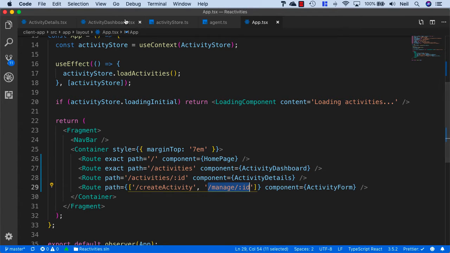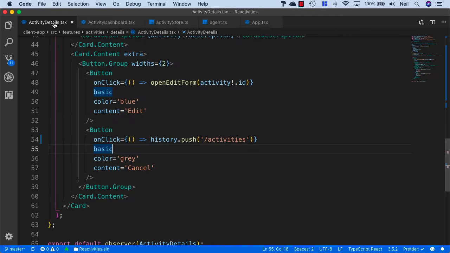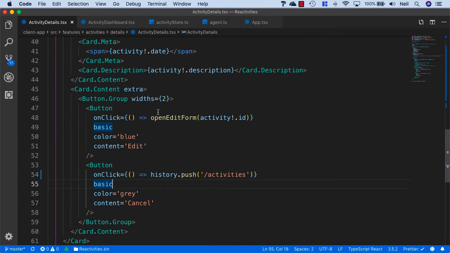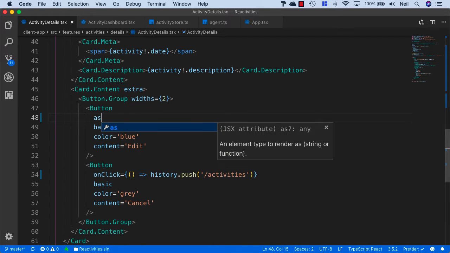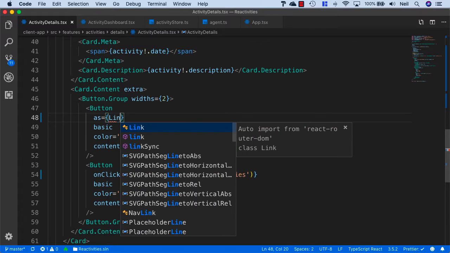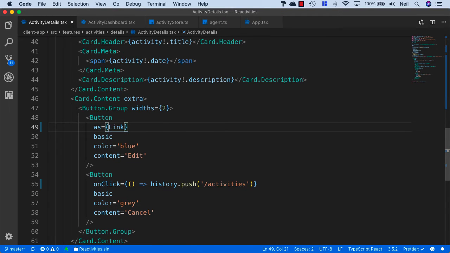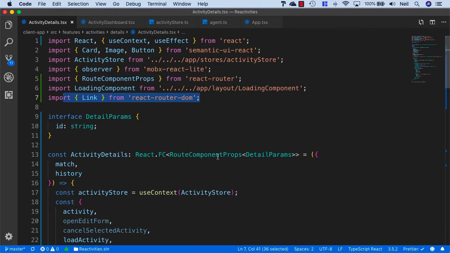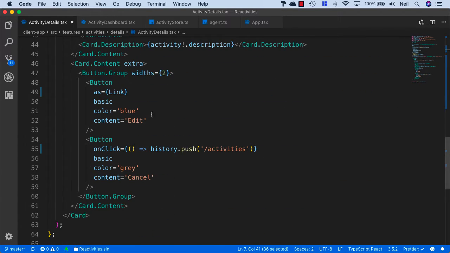So I'll head over to the activity details page again. And what we'll do is we'll remove this open edit form onClick event handler. And we'll say the button as equals Link. And bring in the auto import from React Router DOM. So please make sure you have access to this. And we'll say as Link, to equals, and then we'll add curly brackets, add backticks and /manage/ then $, and then the